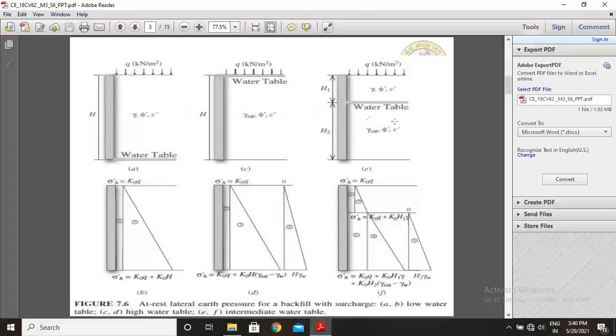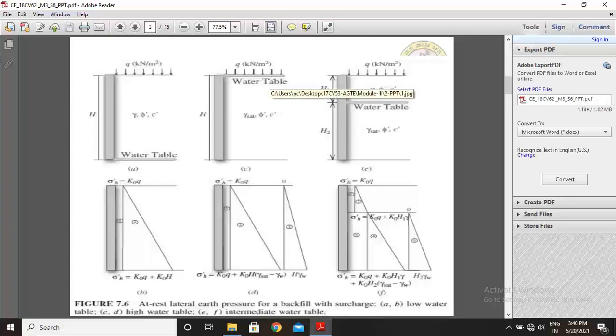Here there are three conditions. One is a retaining wall of height H, with the water table at the base, and this is the surcharge load acting on the top of the retaining wall. That is the surcharge load in kilonewton per meter square. And these are the soil properties, that is the backfill properties: unit weight of soil, angle of internal friction of soil phi, and cohesion of backfill, that is C. In the second case,